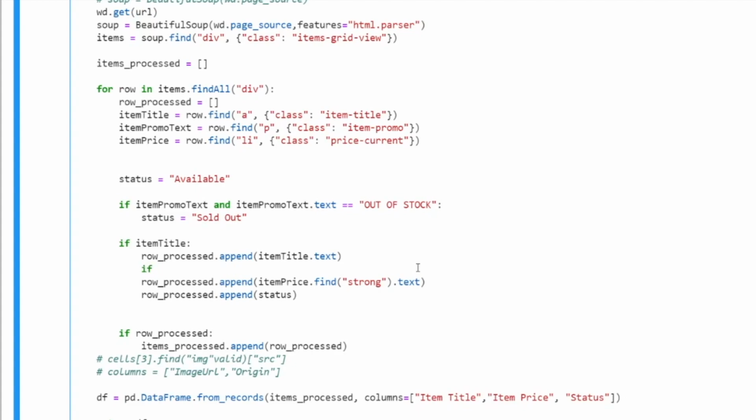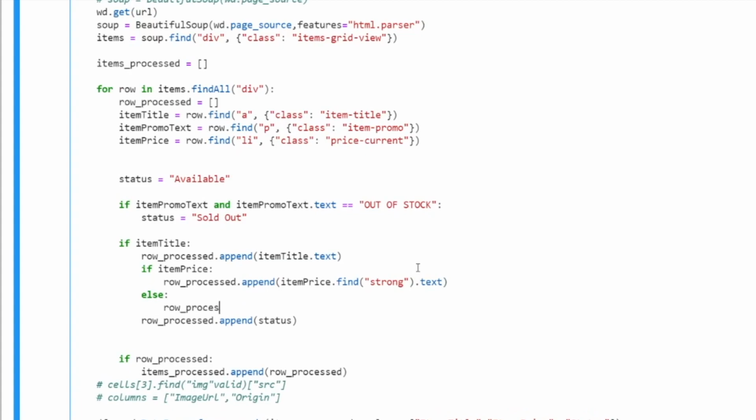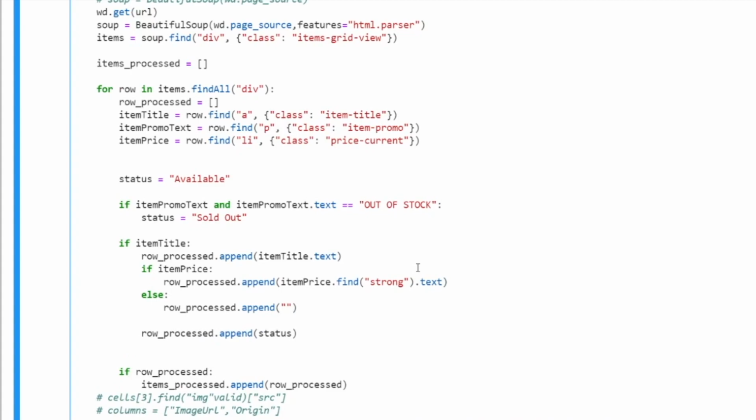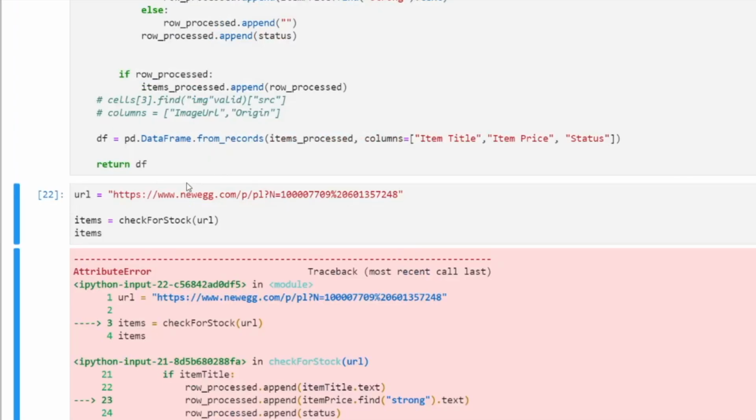So if item price, else, I need to append something anyway now, so empty. So the idea is that if there is no price for that item, then I will just add an empty value. If there is an item price, then I will add it. Okay, and hopefully this will solve the problem we had just now.